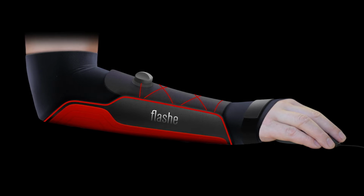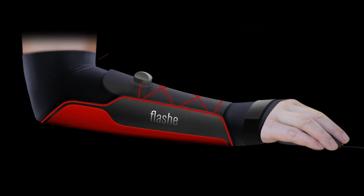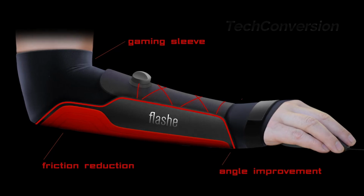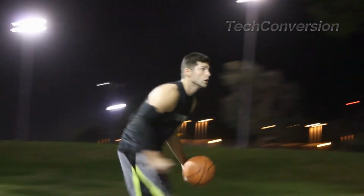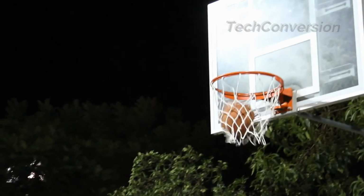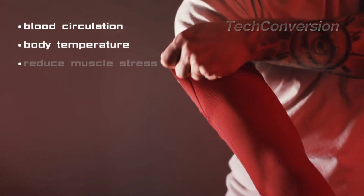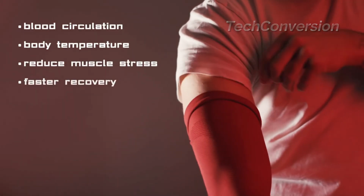The Flashy Gaming Glove consists of 4 key components: the gaming sleeve, the friction reduction, the angle improvement, and the rotation support. Compression sleeves have been used for a long time in many sports, for example basketball. The reason for this is that studies show that compression sleeves help with blood circulation, body temperature, reduced muscle stress, and faster recovery. With all these benefits, we believe that our gaming sleeve will be a key component to esports